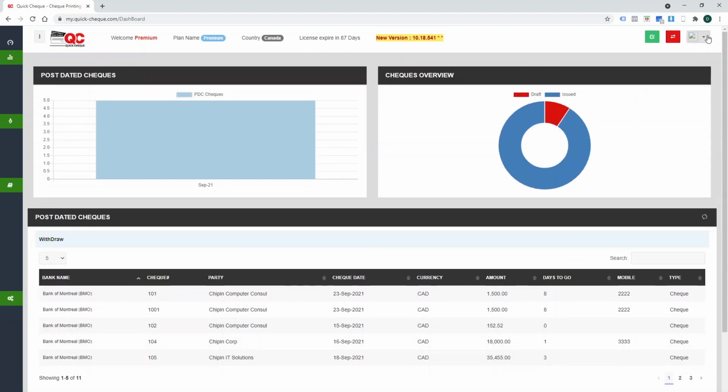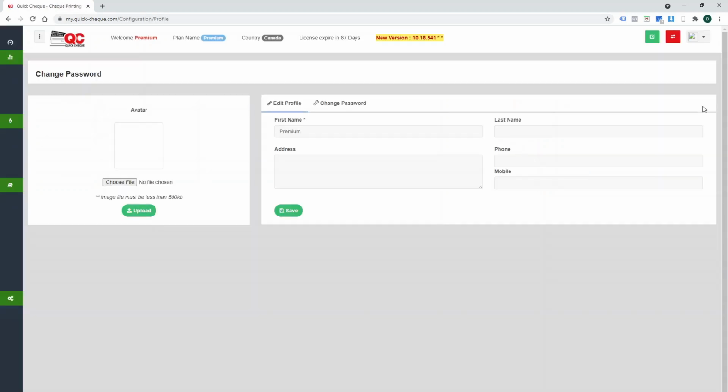You can change your password or update your profile information by clicking on this profile button. You can update your avatar picture, or you can upload your picture over here. You can go ahead and change your password. You can put in your old password and then the new password. You can also update certain information like your last name and first name. Certain information like email address cannot be updated from the system because of security reasons.